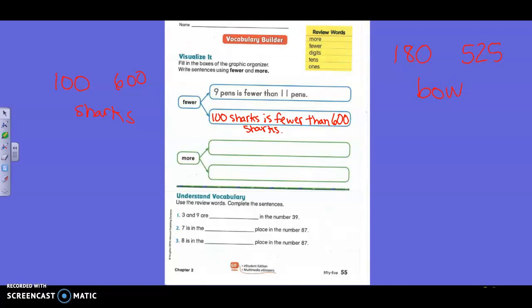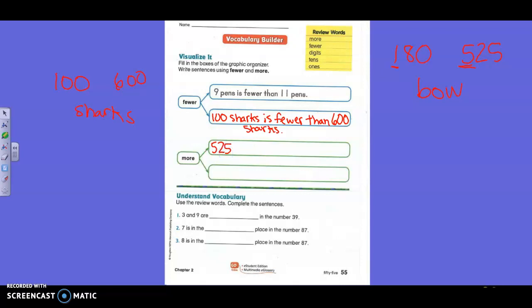What number is more? 180 or 525? What number is more? I like these numbers because I think they're tricky. 180 or 525? Which one is more, Emma? 525. Right. 500 is more than 100. Yes. So,